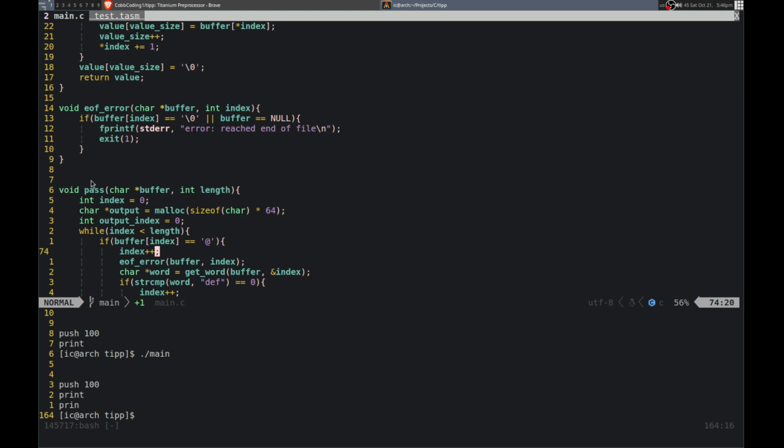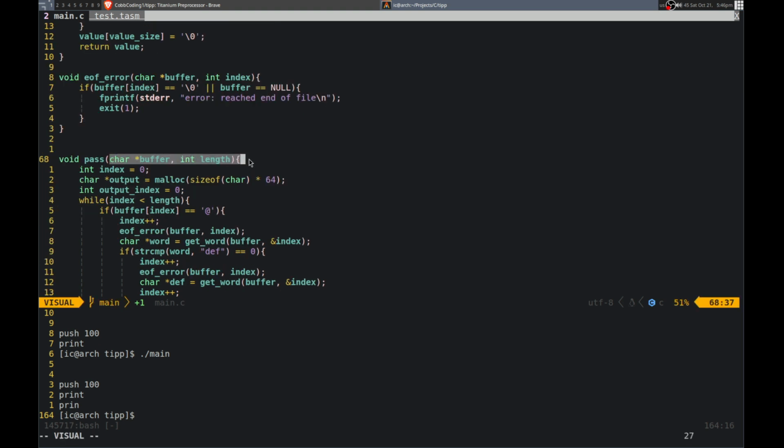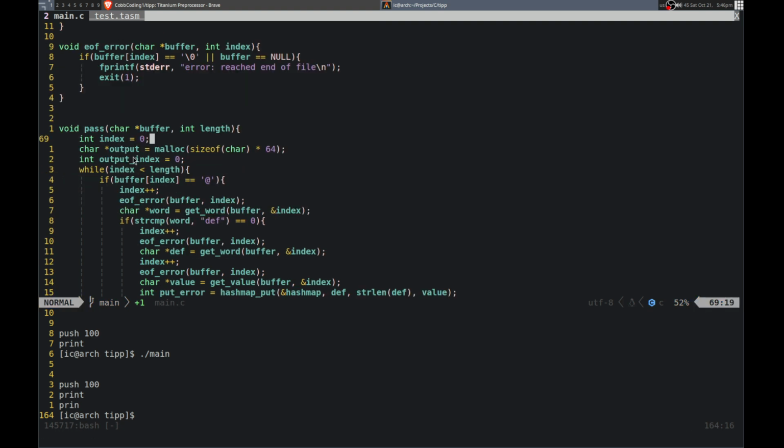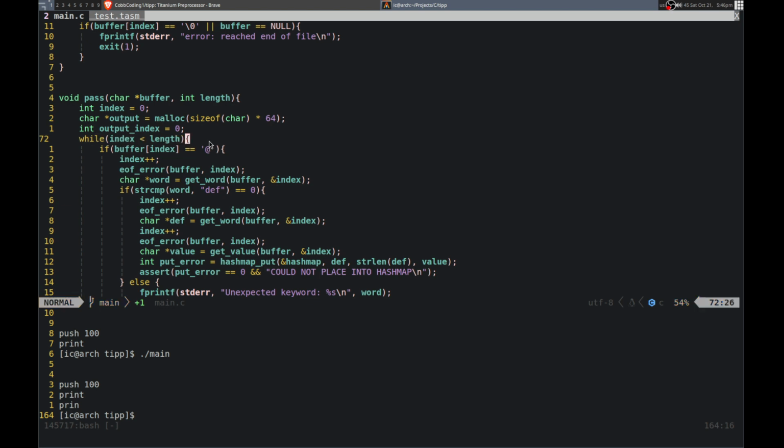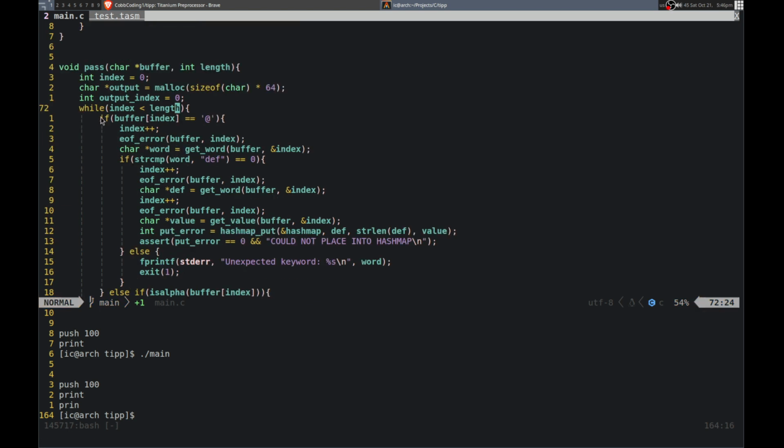I should rename it, but that just takes the buffer and the length, and then we start at an index for the buffer. Then we're initializing an output index, and basically there's just a while loop going through while it is less than the length. Then we're checking if it's an @ symbol, which means it's part of the preprocessor that we need to look at. And then this is just to check to make sure it's not